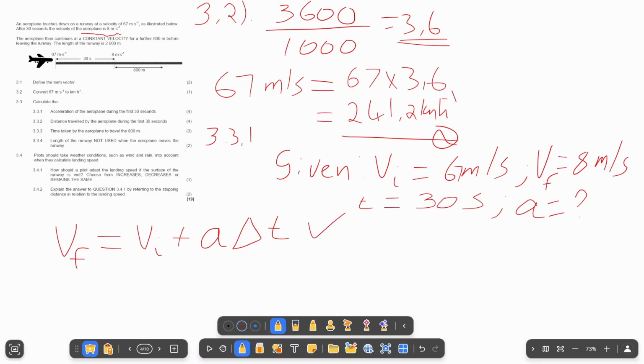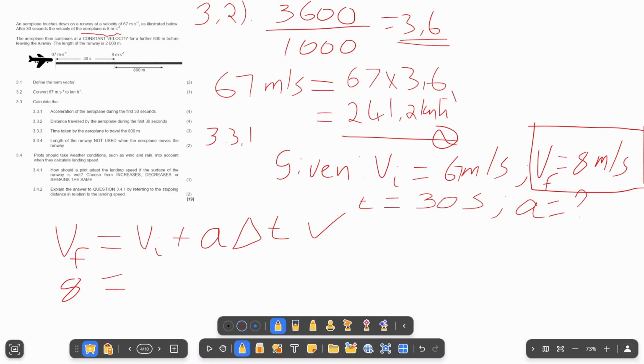Only copying this from the back of your question paper, you get 1 mark. Now, let's substitute. Substitution is also important. What is VF? VF is 8. See, we're given VF here. It's 8,